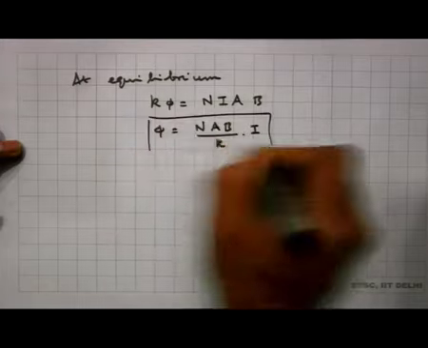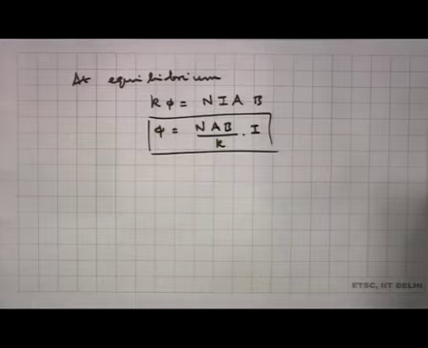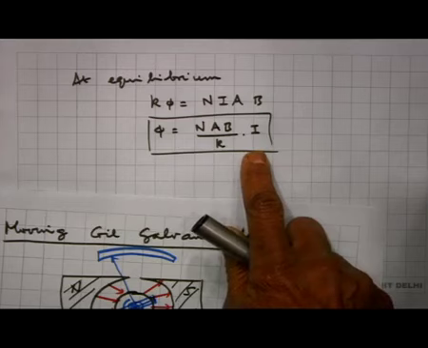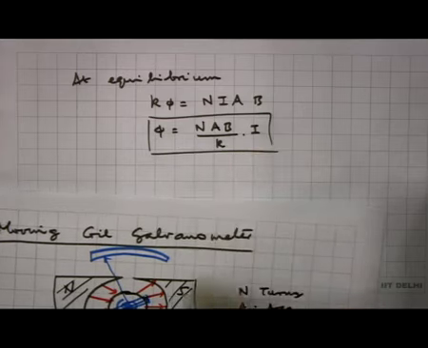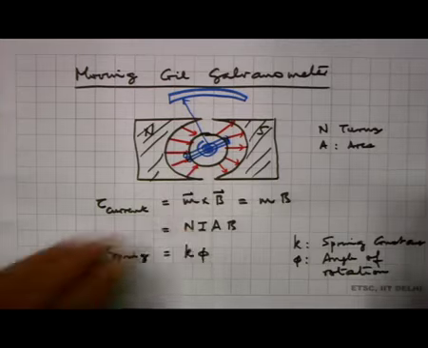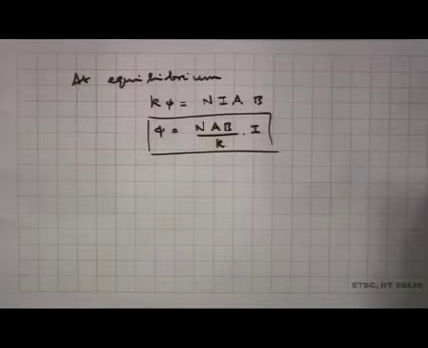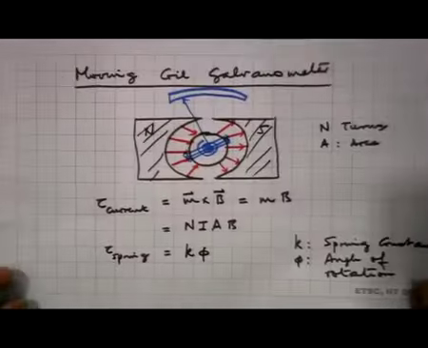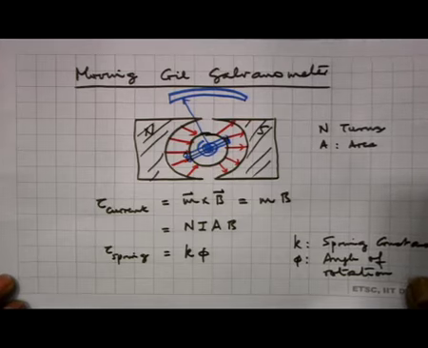So, you can see that the deflection of the needle is proportional to the current that is passing through the coil. As you change the current in the coil, the deflection will change, and as the current increases, the deflection continues to increase. And so, I can relate the angle of deflection of this coil to the current that is passing through the coil,